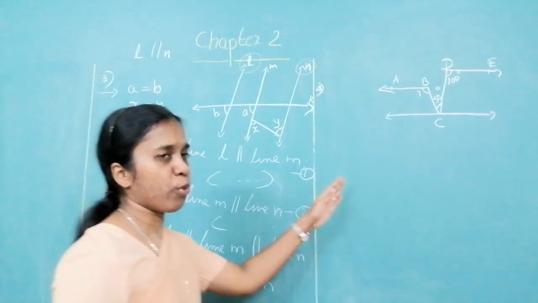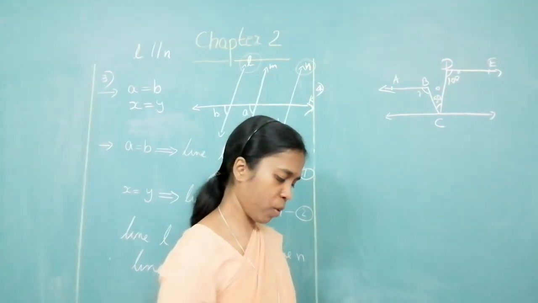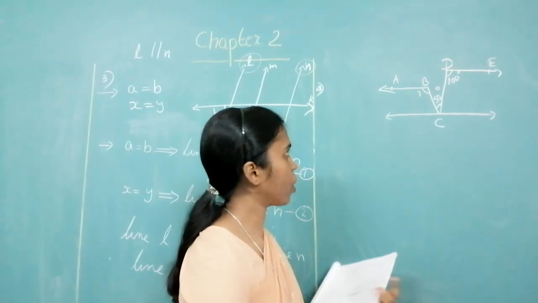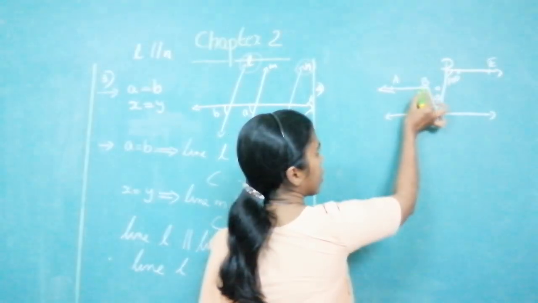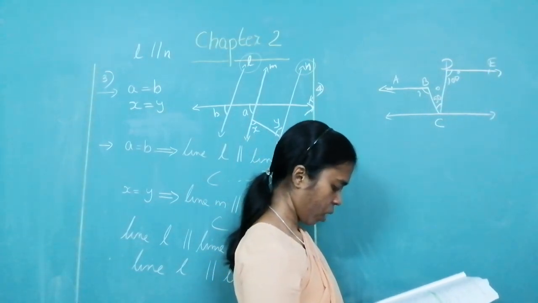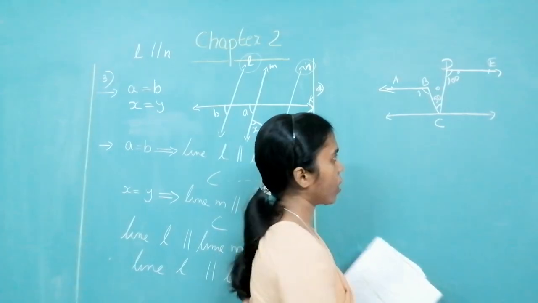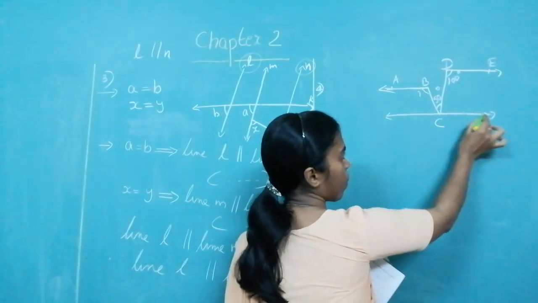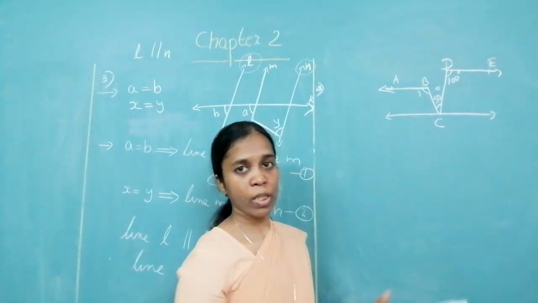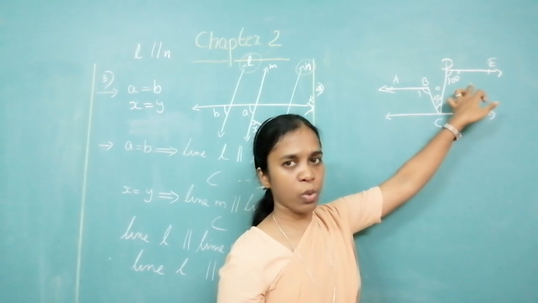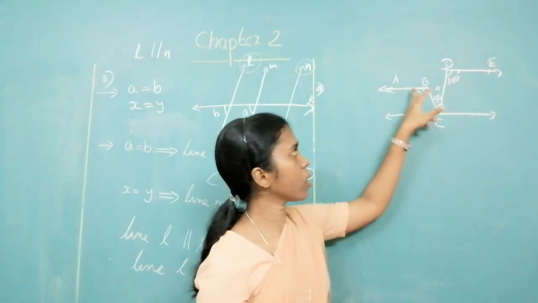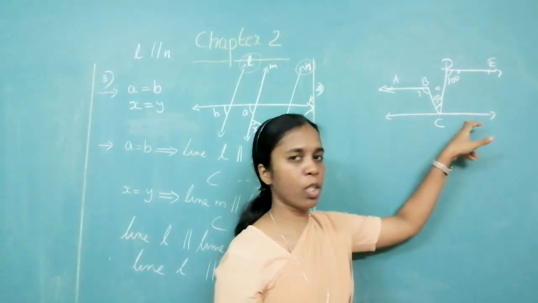Now we go for question number 4. Look at question number 4. What do you have in question number 4? In figure 2.21, BA is parallel to DE. Now, you are asked to draw a line passing through point C which is parallel to AB. It is the same case. This line is parallel to this. Now you are told to draw a line parallel to this. So this is parallel to this is parallel to this, therefore this is parallel to this.